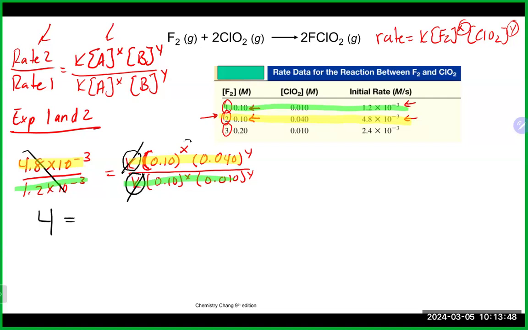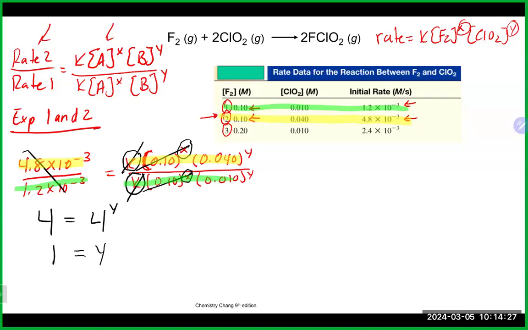This is the order for our first reactant, F2, on top. That is the order for our first reactant, F2, on the bottom. Although we do not know the order x at this point, should it be the same or different numbers? Should be the same, right? It's the same sort of reaction happening in this case. So although we don't know it, we do know it's going to be the same, which means those are also going to cancel out. We're going to take 0.04 divided by 0.01, which is going to give me a 4 to the y. And you could probably now see with these nice whole numbers that y equals